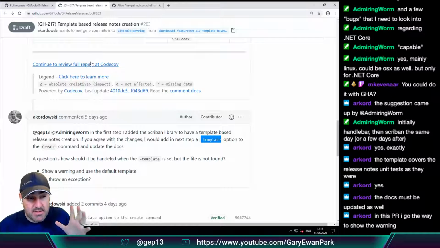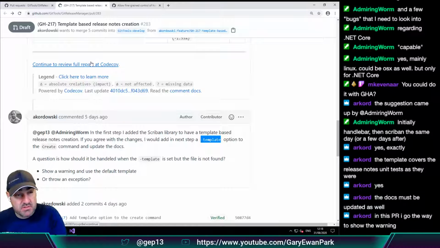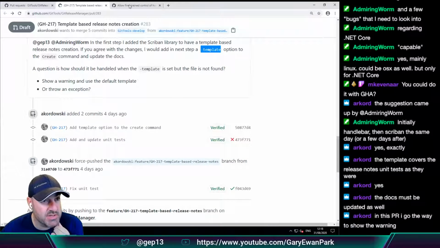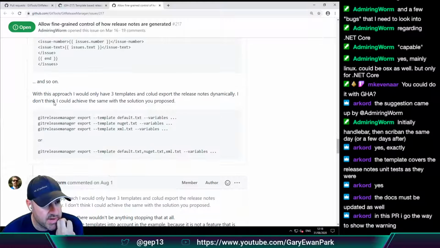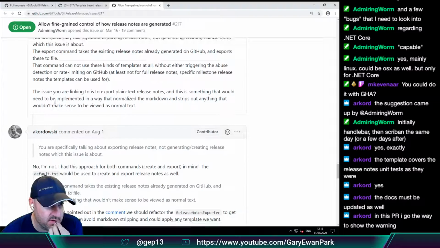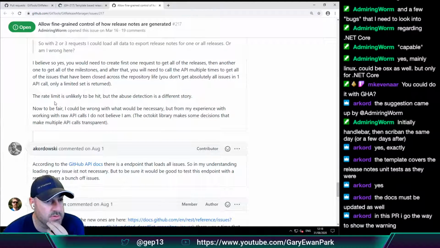We've got a template being used for the create portion of it, and then potentially we have something else for the exporting. So there's a couple of questions in there that we need to address, and then let me remember what else was said in this issue.